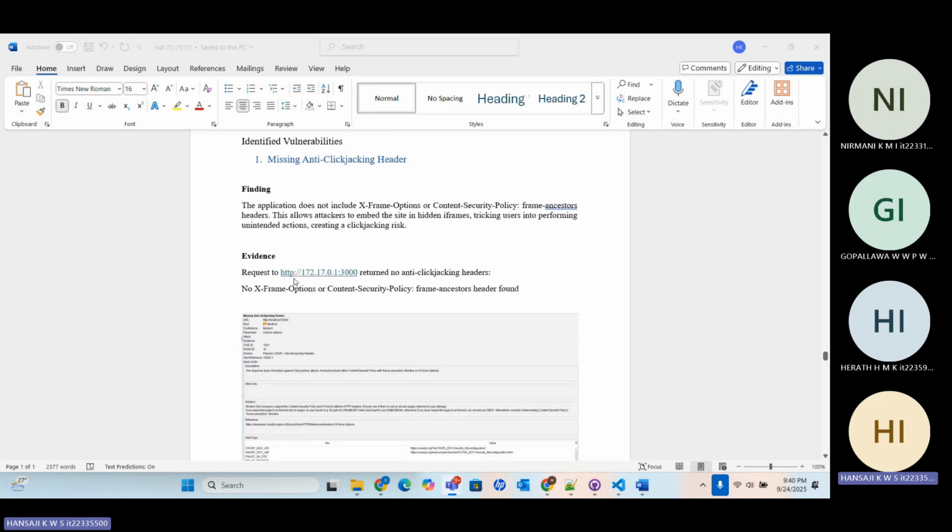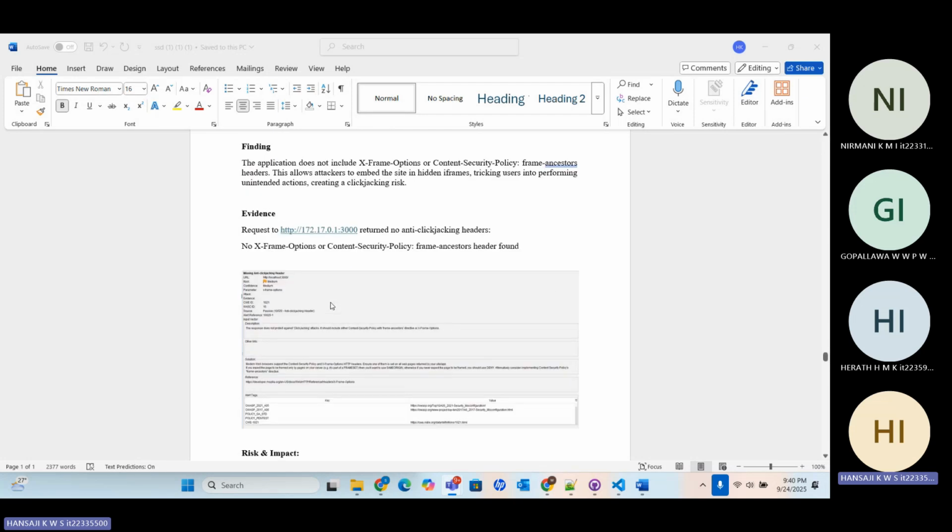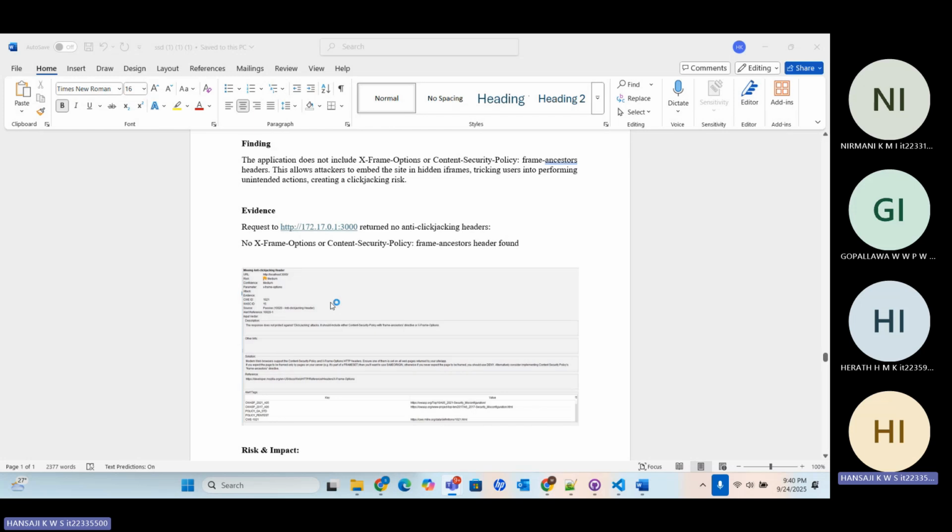When I tested the application, I found the HTTP responses did not include the X-Frame-Options or Content Security Policy frame-ancestors headers. Without these headers, an attacker could embed our application inside a hidden iframe on a malicious site. This technique, called clickjacking, tricks users into clicking on elements they can't see, such as submit buttons or settings, leading